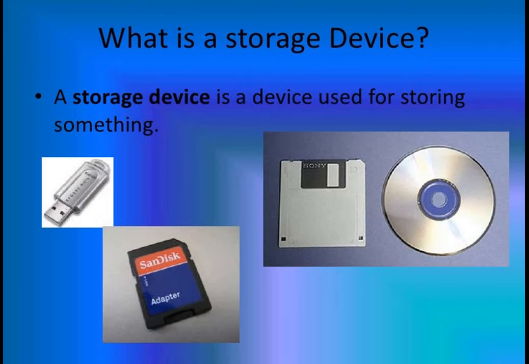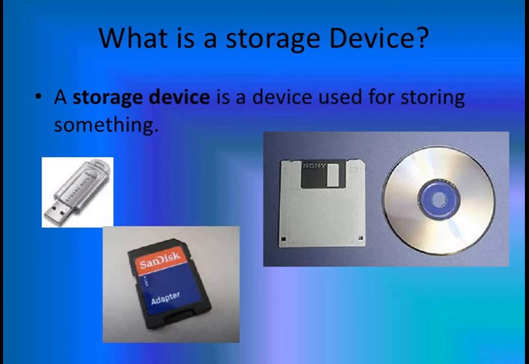We store something in it. What do we store? We store data. Any hardware component that is used to store data, instructions and information for future use is called a storage device. We store data or information on the storage device so that we can use it for future use. Here the information is stored in it. The first one you see is a CD, a floppy disk, and here it is the pen drive.